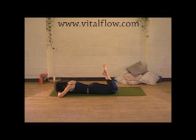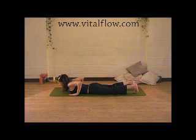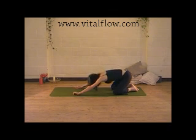Now don't let the thigh move. Every time you bend the knees, however much thigh you have off the mat remains constant. Anything up to 10 would be very good. And when you've done your last one, just briefly sit back then into child's pose to release your back